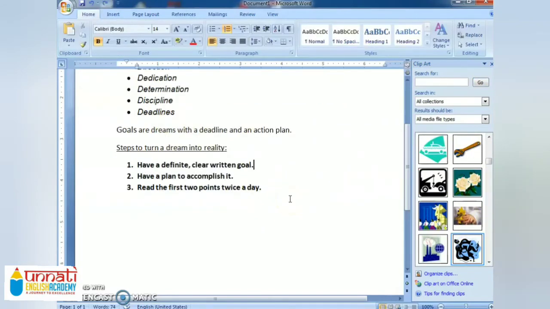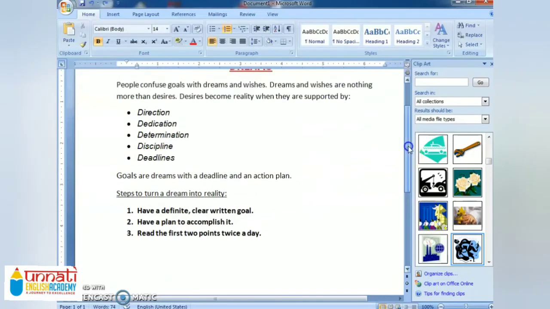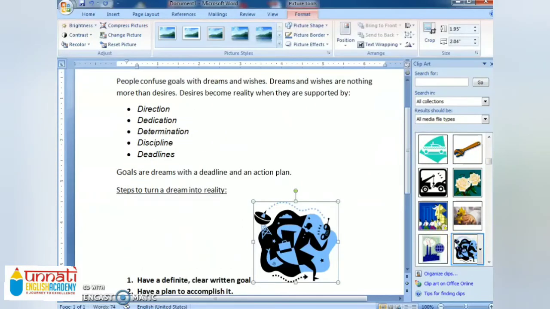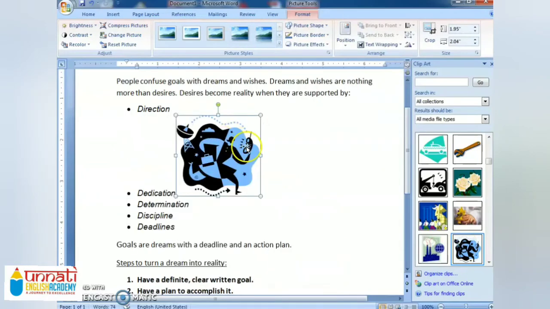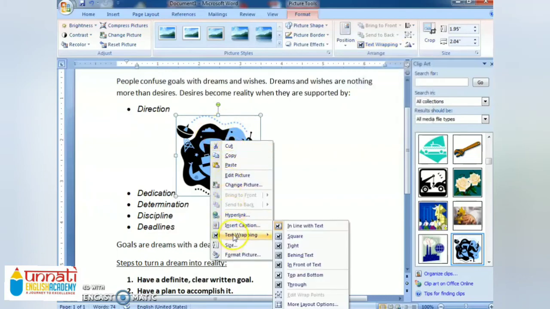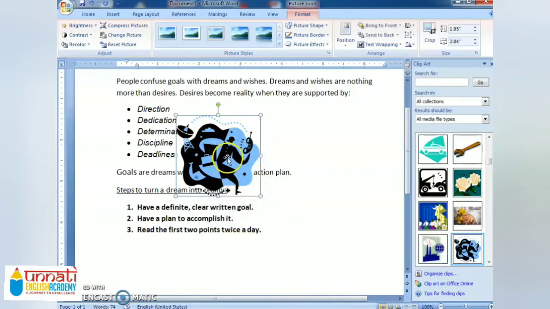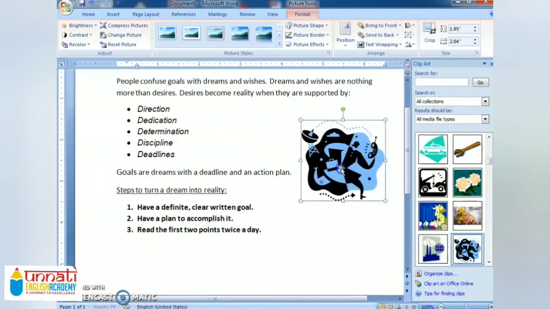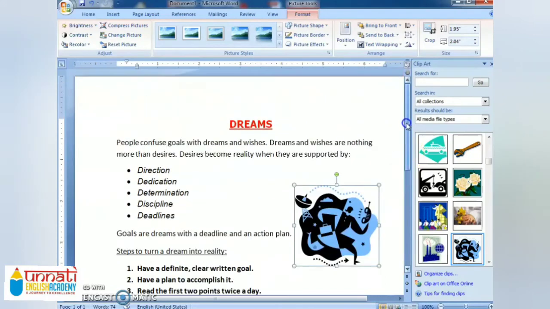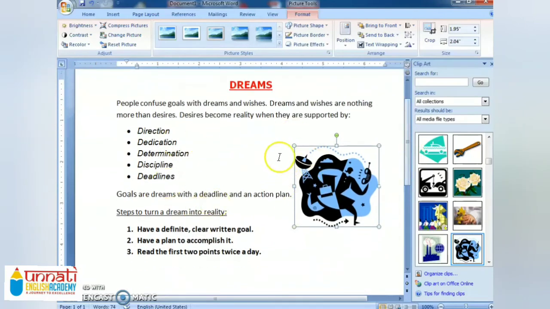Now finally I will select this picture, that blue one, and I will insert it by simply clicking on it. See, now my picture is inserted, but as you can see the design is getting disturbed. So for that you can choose the option text wrapping, that is there in the arrange group, or else simply right click and choose the option in front of text. So now it is easily movable. You can easily move it.